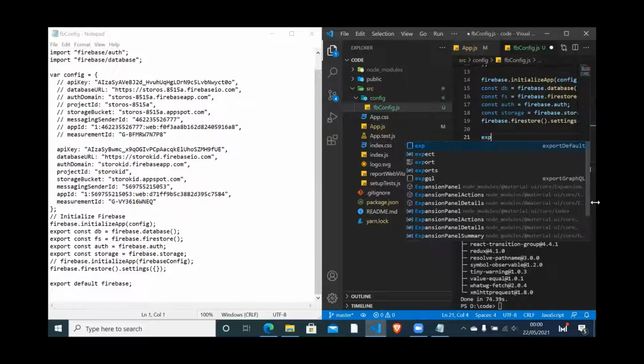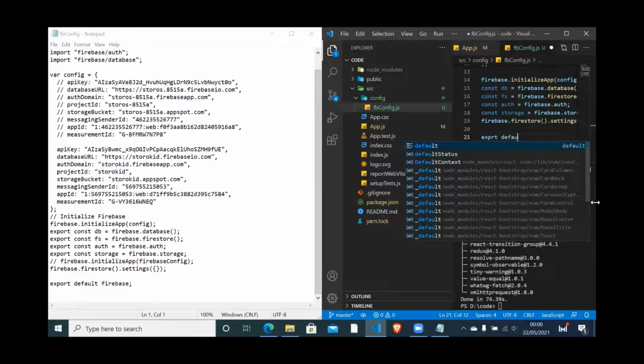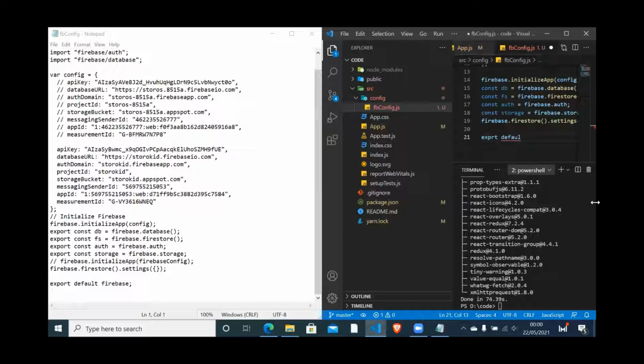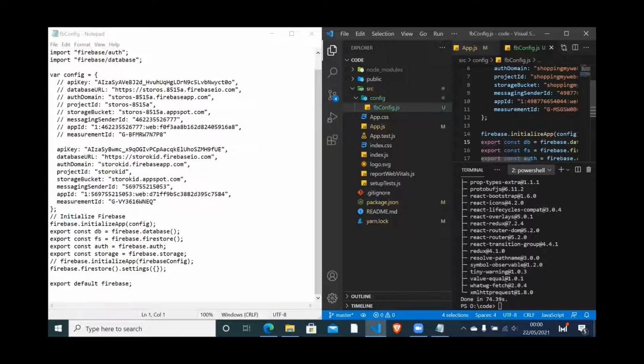Then it's going to export default Firebase. You see this export is very important. It has been here, and yes, then save that. And yeah, so that's all that we're going to put for that. And now we're going to move on to